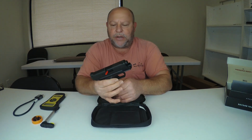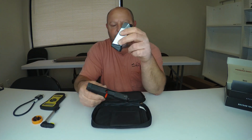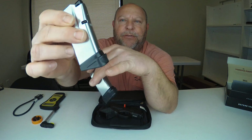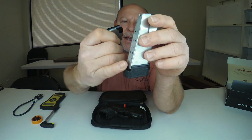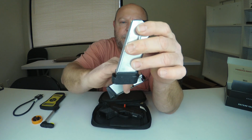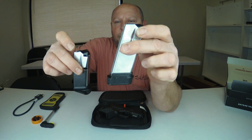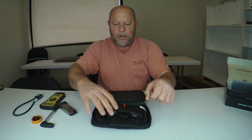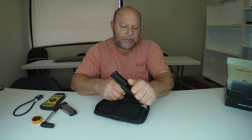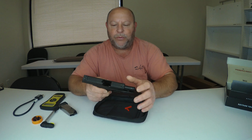However, we do like to check it for ourselves. So the magazine is empty. And again, this is the 11 rounder. And if I pull back out that 13 rounder, you can see the difference. So they both have the extended front side, but the back side is the only one that's extended, the back side is the 13 rounder. So that's how you get your extra 2 in there. So you got an 11 rounder and you got a 13 rounder. All right, so let's remove the safety flag. We're gonna slide it back, put the slide lock in place, remove it, look, feel,